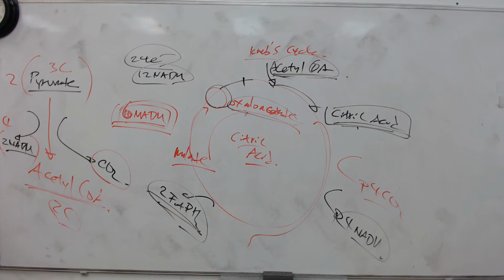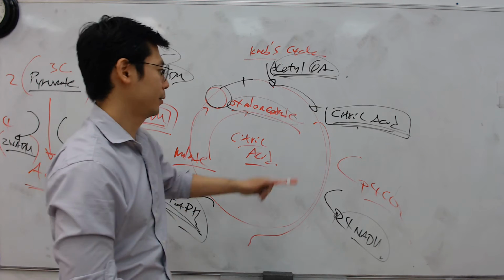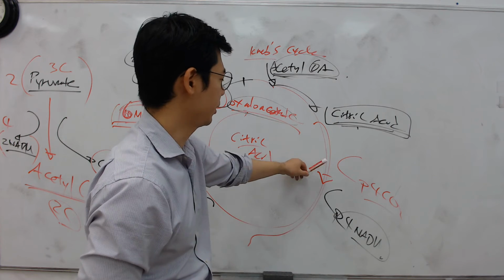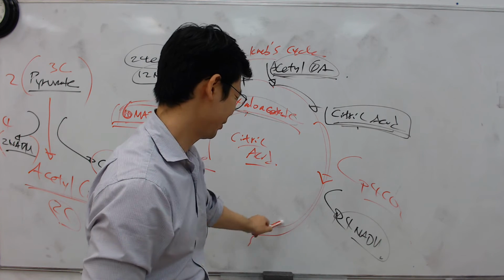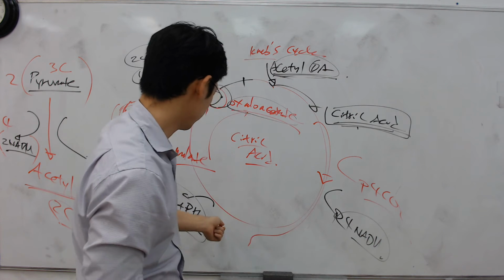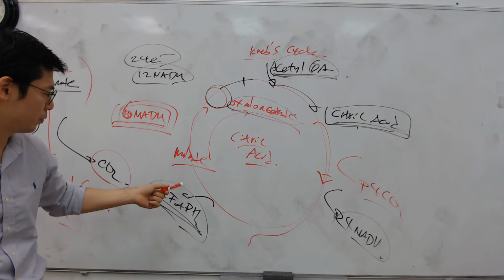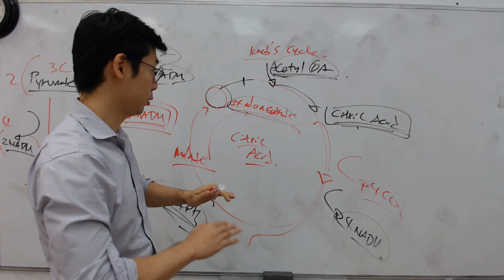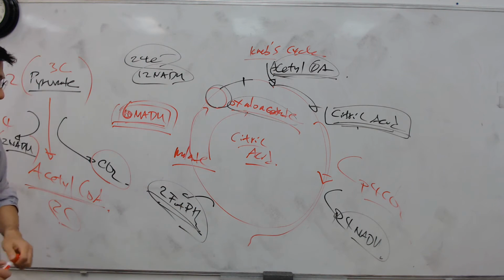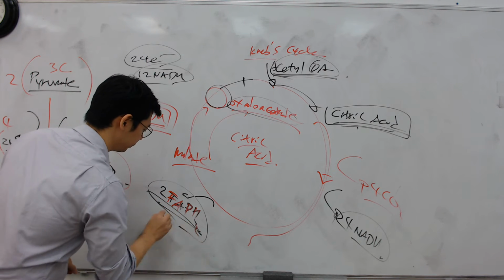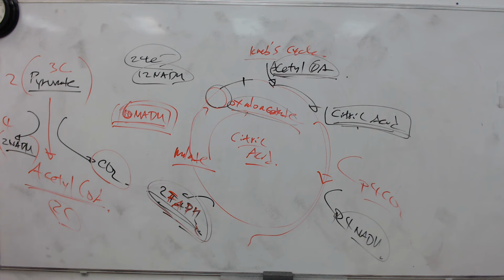Can you say the order again? We start with acetyl-CoA, then citric acid, and keep going. It's a cycle. They turn it into isocitrate, then succinyl-CoA, then succinate, and I think they turn into malate, and then oxaloacetate. There are 8 steps here, and you don't have to know any of this. What's that on the left? FADH2. It's good to read.